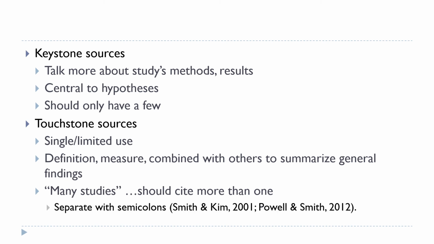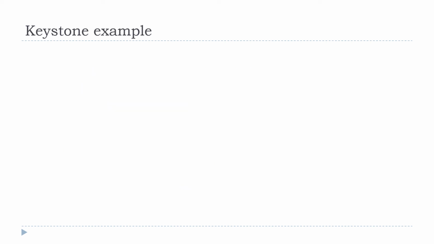Oh, before we get into the examples, when you have lumped sources, where you're talking about many different studies showing the same underlying thing and you want to cite all of them, you don't have to cite them in separate sentences. You can say, studies X, Y, and Z have found this, or in general, we've found this particular phenomenon. Here's 3 sources that find that. And you would separate those sources with semicolons as a way to lump them together to talk about a single concept. You can see the example here with APA style parenthetical citation, where there's 2 sources within the same parentheses separated by a semicolon.